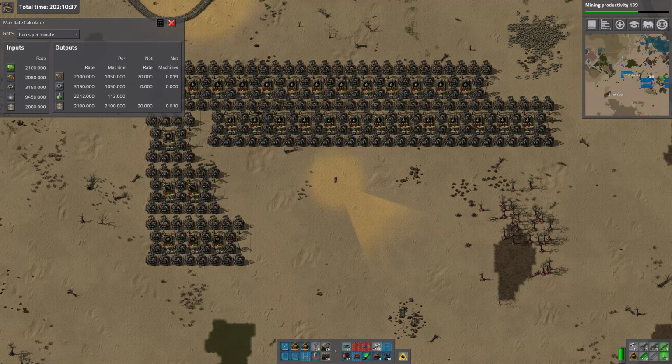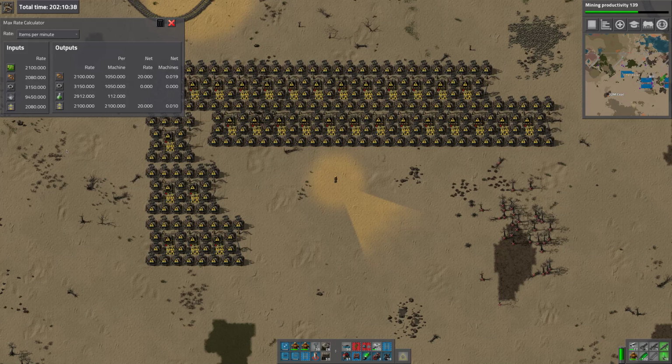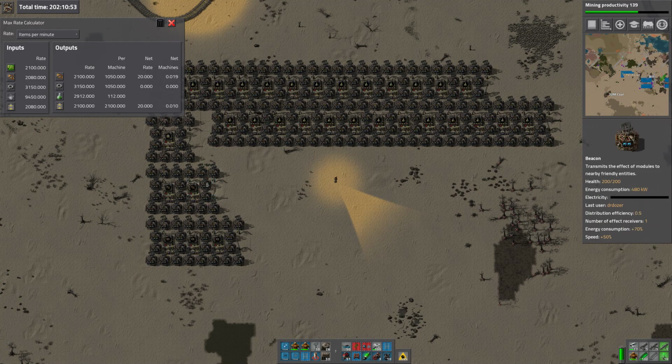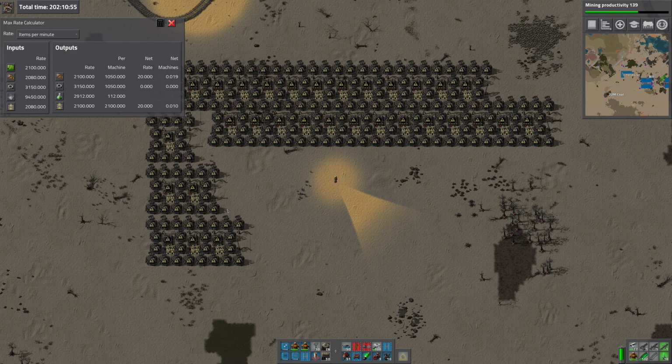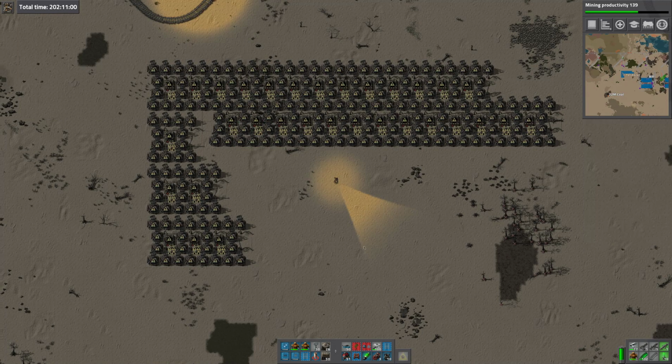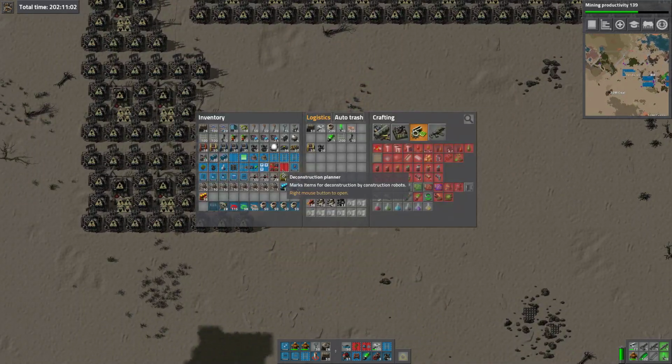Right, so if we had 3 rows of 11, we have 1, 2, 3, 4, 5, 6 utilities to get in. So it would be 2 utilities per row. We have 3 gears, so I think it would be a case of doing a gears next to an arm, then a gears next to another arm, then a gear next to an underground. So that would look something like...